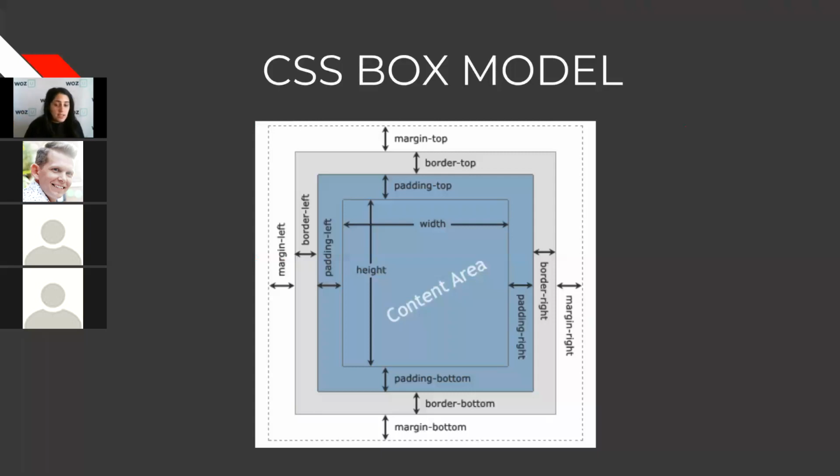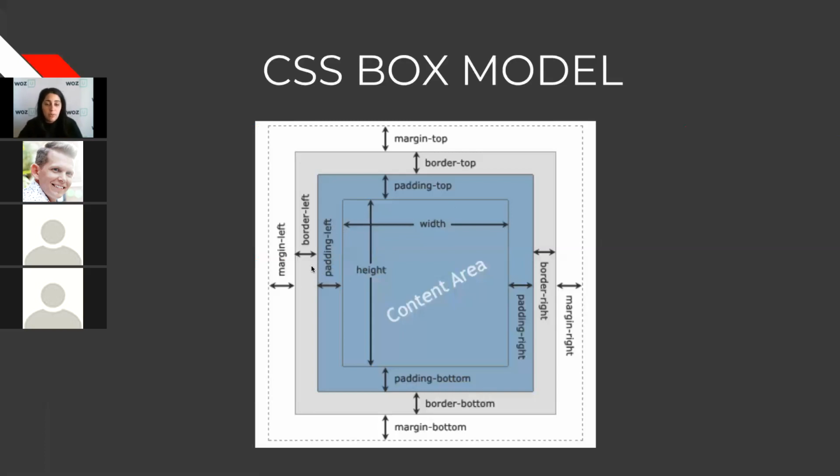So one of the things that you want to take into consideration when you're doing the CSS box model is its height and width, which is going to be the actual content area. Then you have your padding, which is outside of that. So you can target the different top, right, bottom, left if you want to be specific, if you want them all to be different.